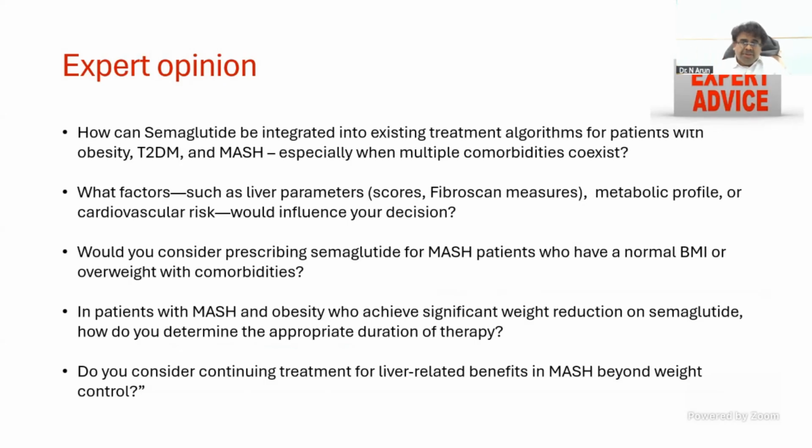So consider slow titration of the regimen up to 2.4, and slow tapering once a patient has a response. But you should be cautious: you need to maintain a dose of at least around 1.7 to have a significant potential response. That is what most of the guidelines have mentioned. Continue treatment for liver-related benefits beyond weight control, definitely yes, because it has an additional beneficial role for alcohol